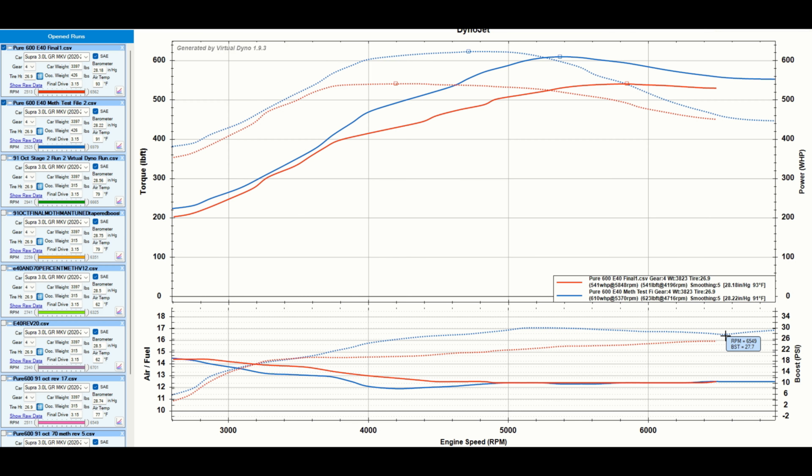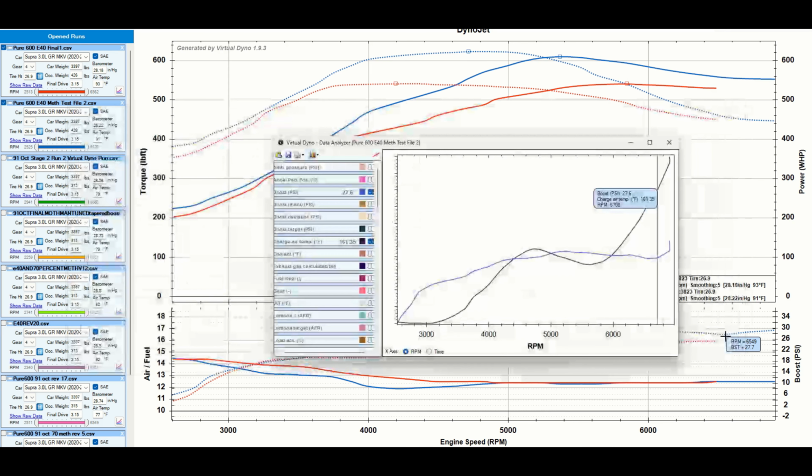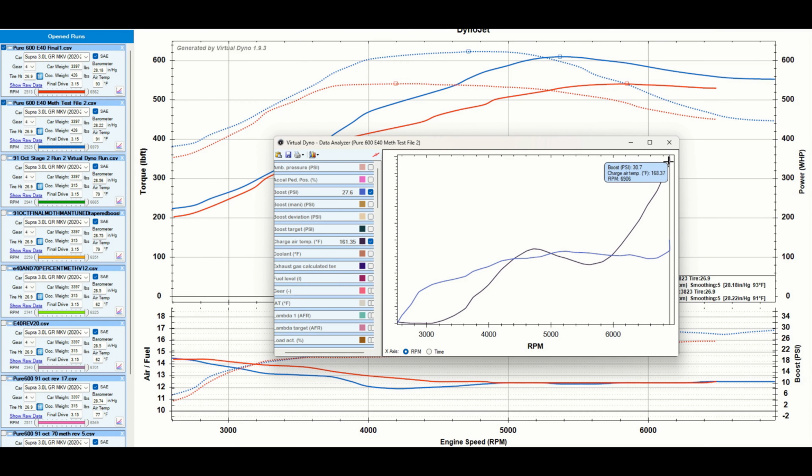Yeah. Oh, it's right there. So it's doing this right here because when I shifted the car at the end of this run, it closed the throttle and it spiked before it kind of bled it off. So